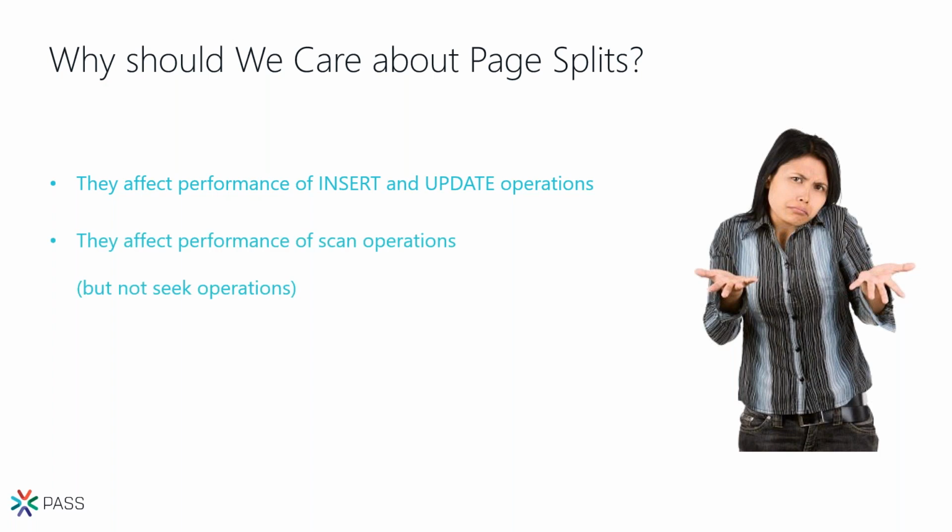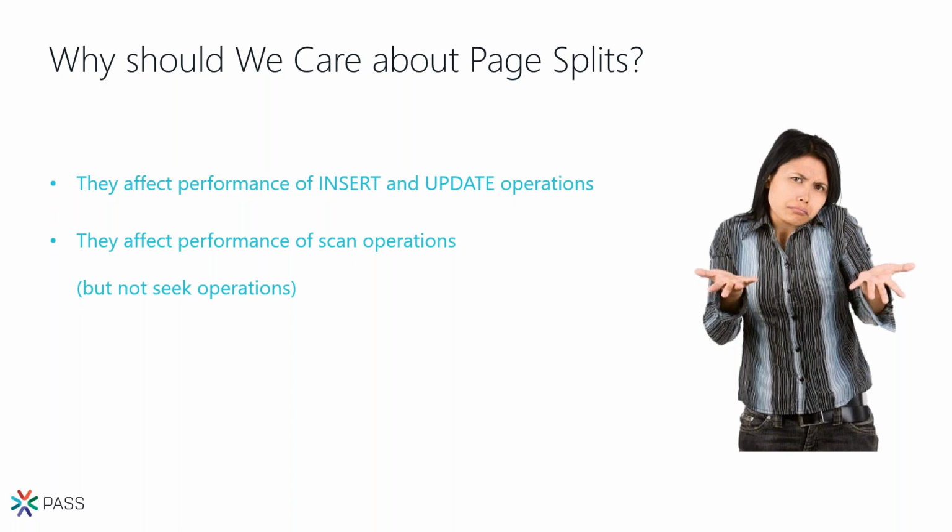It also creates fragmentation. Okay, so if we have a lot of page splits in an index, we're going to move a lot of pages and data around. We're going to have fragmentation. This means that the logical order of the rows or the pages in the index is not the same as the physical order of the pages on disk. This means if we perform scan operations, where we need to scan the entire leaf level, all the pages in the index, then we have to jump from one page to another in different locations on disk, and this becomes not a sequential I/O operation. It becomes more like a random I/O operation. We have to move the disk around, and this really affects performance. Okay, so the scan operations will suffer from that.